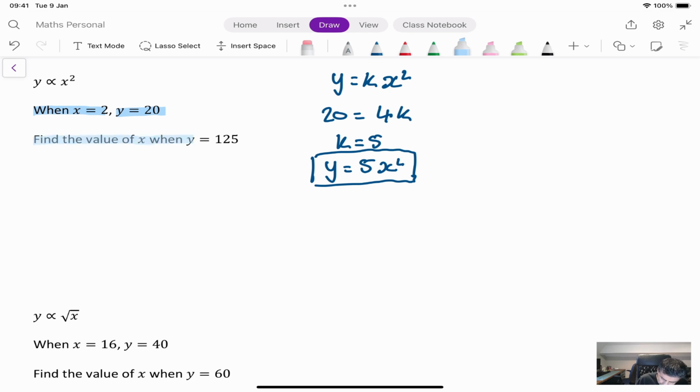It says find the value of x when y is equal to 125. So I'm going to replace the y with 125, and that's going to be equal to 5 times x squared. Okay, so that tells me I can divide both sides by 5 here to solve this equation. So that tells me that 25 is equal to x squared, or x squared is equal to 25. Okay, and now I want to square root both sides of this equation. So that tells me that x is going to be equal to, well, the square root of 25 is 5,